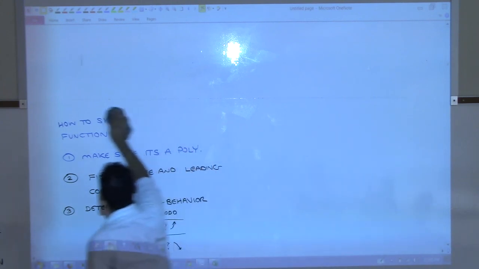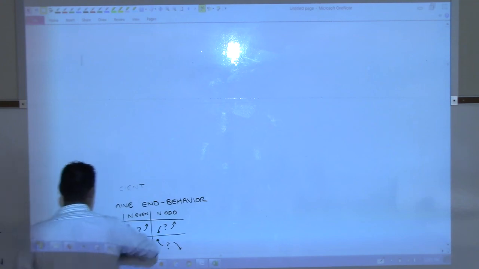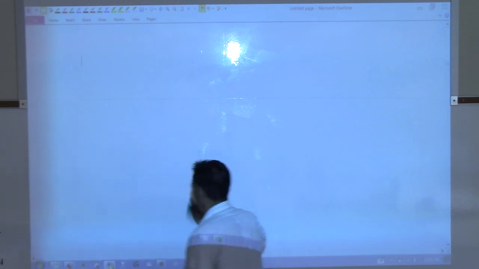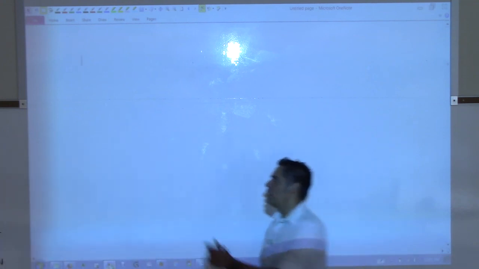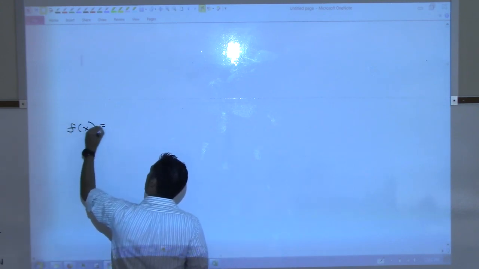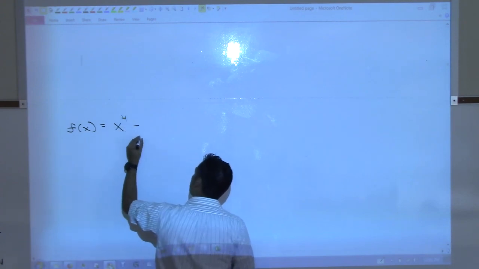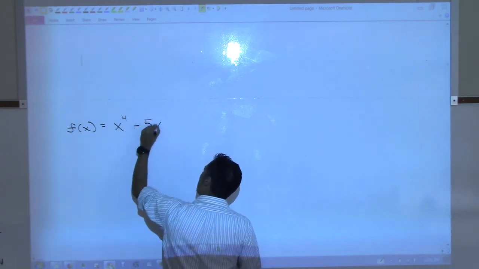All right, so we're going to start with a pretty basic example. F of x equals x to the 4th minus 5x cubed